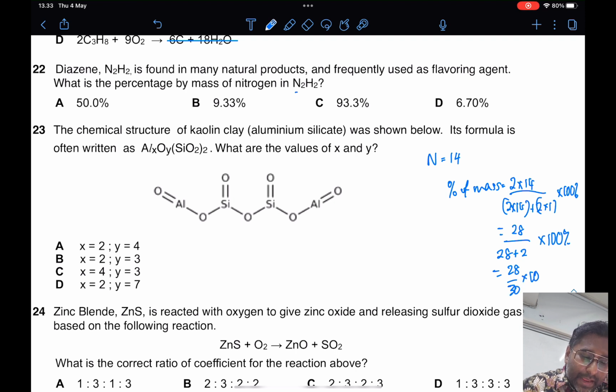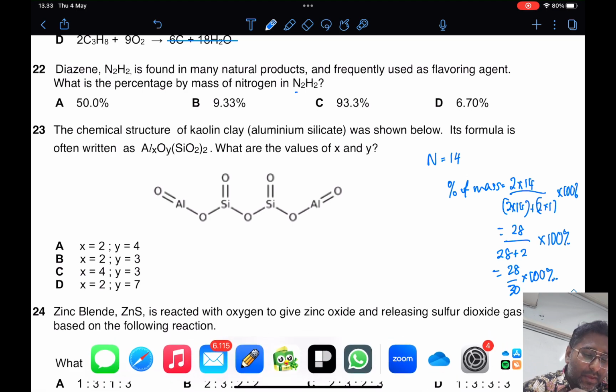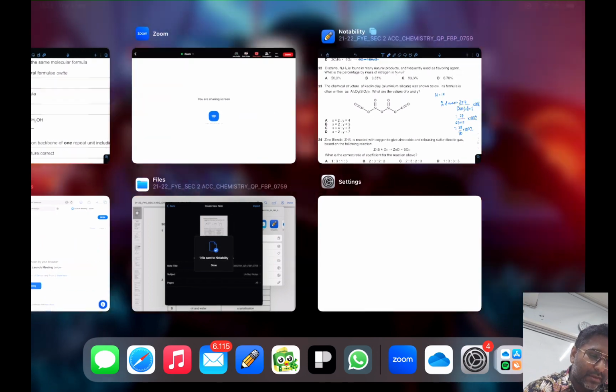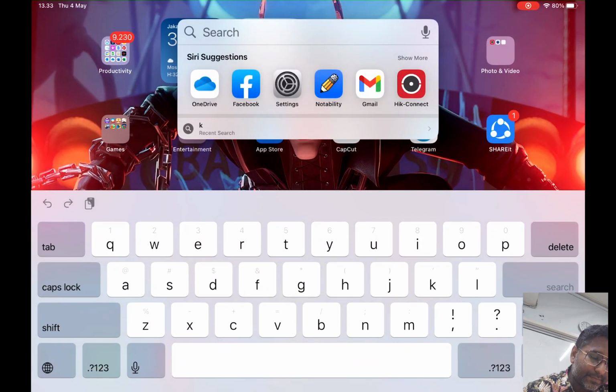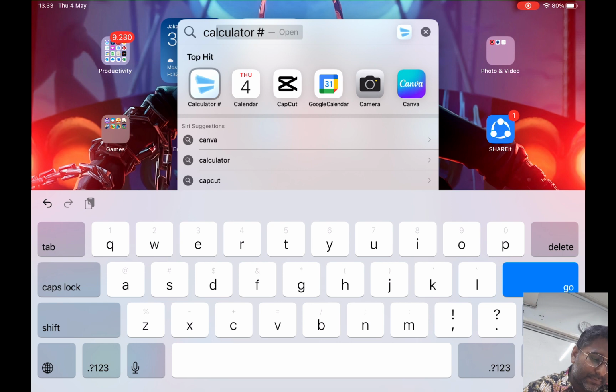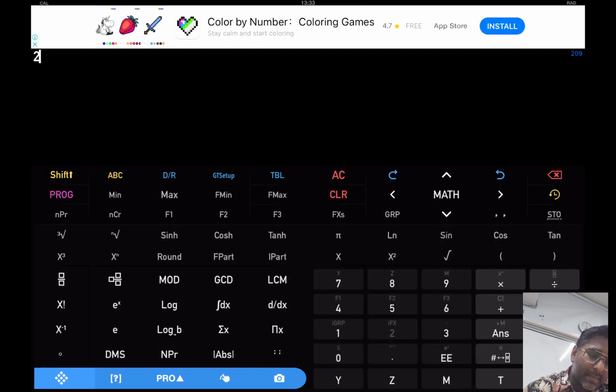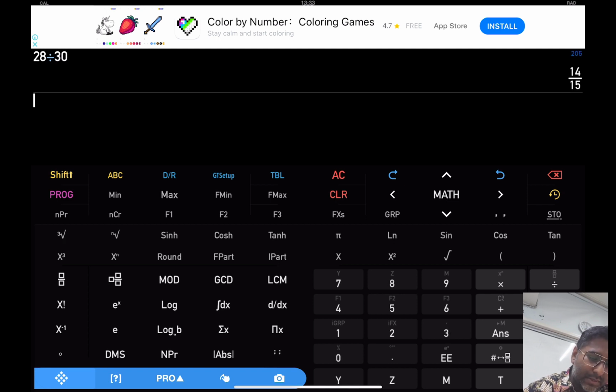So 28 over 30 times 100%. So let's actually bring our calculator. Over 30. Okay, that's going to be